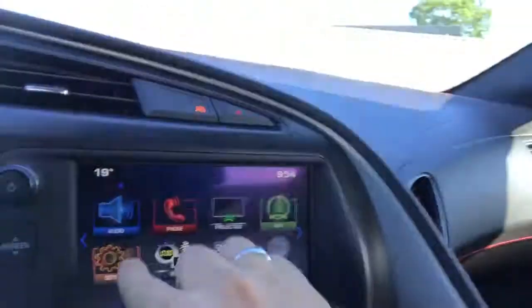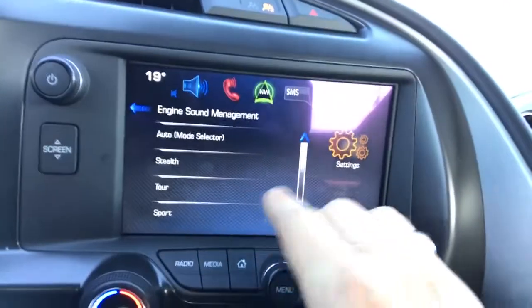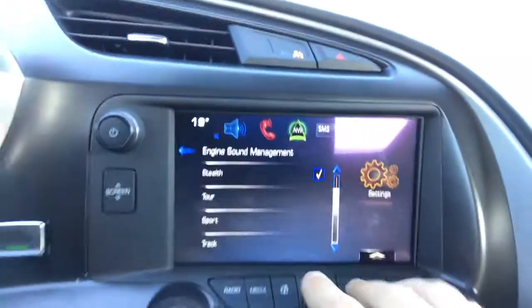So it's a Z51. What does that mean? Well, it is a performance model. It'll have the same engine as the Grand Sport, so 460 horsepower with a dry sump oil system. It'll also have the performance exhaust, so I can go into the system over here and change around the exhaust notes just by pressing these buttons right here, going from stealth mode, which I'll show you outside right now,